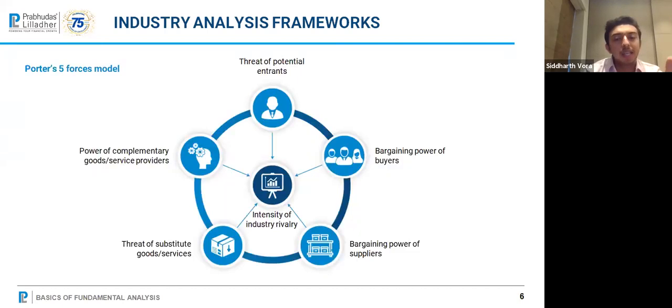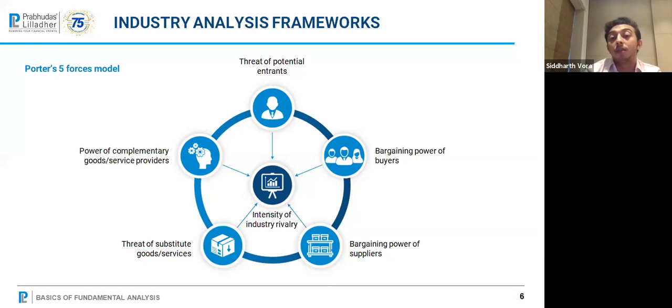In Porter's 5 forces, I'm going to spend 1 minute because it is important in the investment framework that I have built. And over there, it is really important to identify entry barriers, which in the investing community, we call moats. Identifying moats is very critical to how long your investment horizon can be. The deeper the moats, the longer the investment horizon. Again, how do you identify the moats around a business? What is the threat of potential new entrants in an industry? Is it easy to enter this industry?